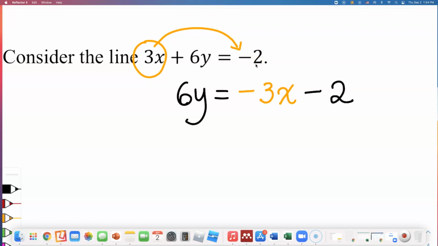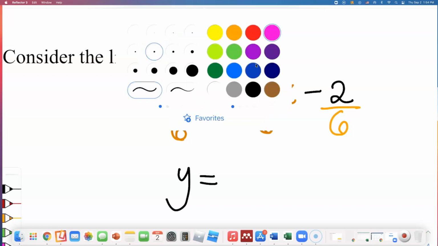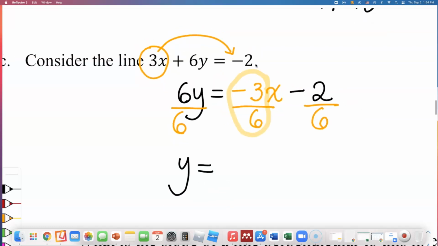All right, we're almost done. We now have to divide everything by 6 to cancel out that 6 getting multiplied to that y. All right, let us simplify. The left side of the equal sign, the 6 will cancel out, leaving us with y equals. Now I'm going to highlight the slope for you here, okay? The slope is negative 3 over 6. Well, 3 is half of 6, so I can reduce this fraction as negative 1/2